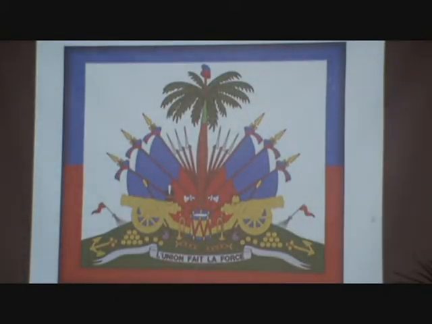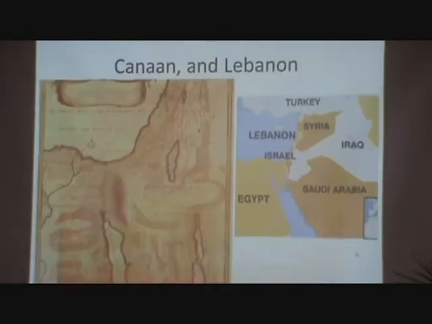The Haitian flag, right? There are some interesting connotations in the Haitian flag there. The flags on the top of the tree. The broken chains. Union faded for it, right? A union made out of force. Again, now getting back to this side of the world and across the Atlantic, you have a place that